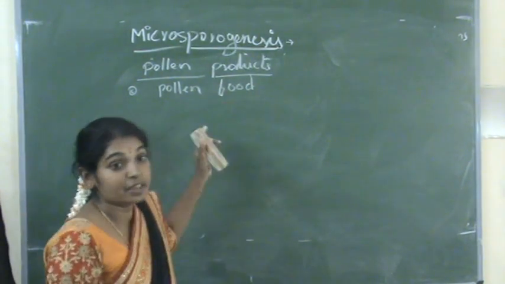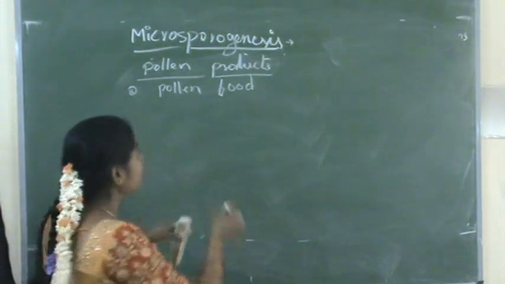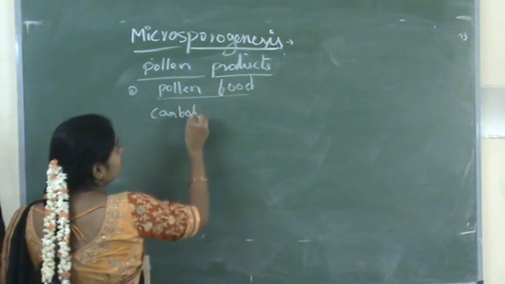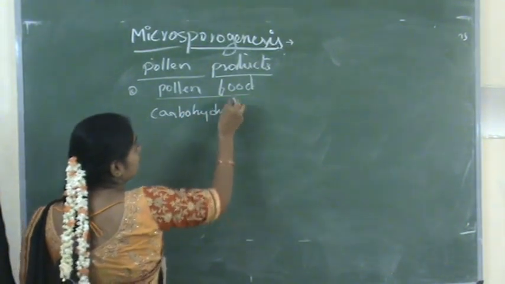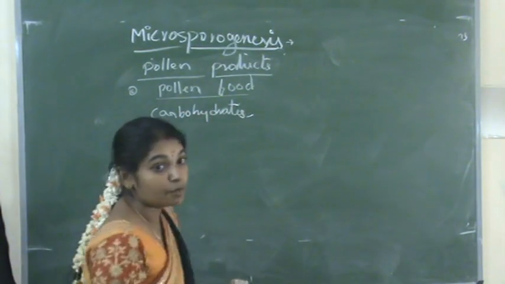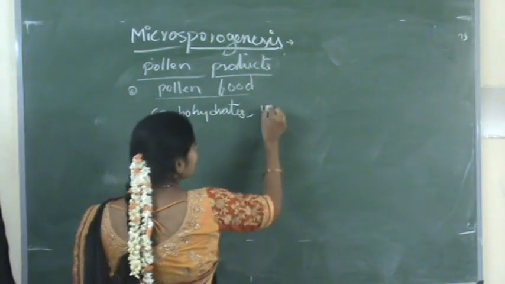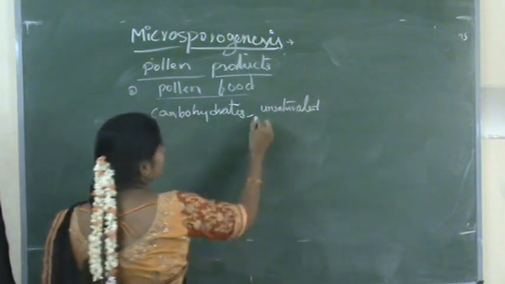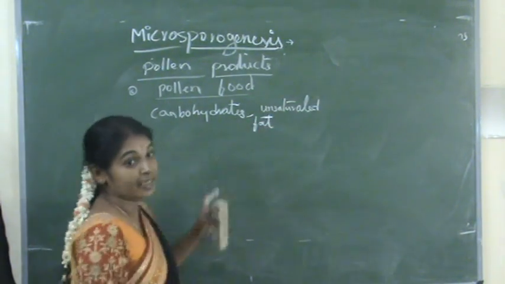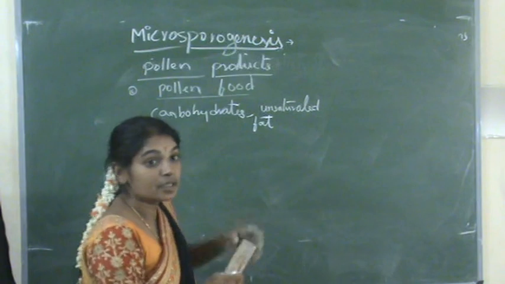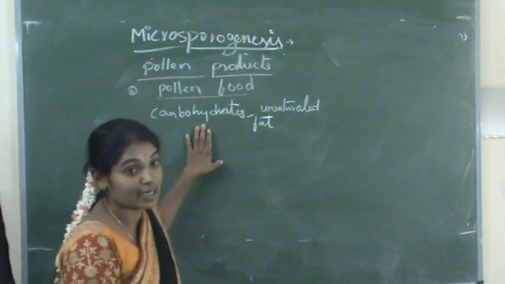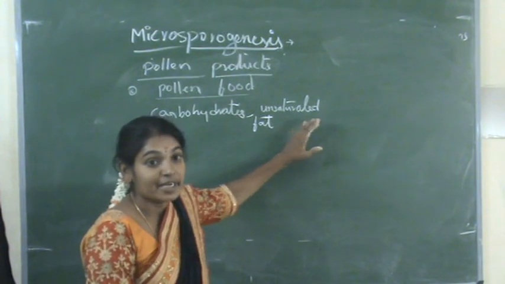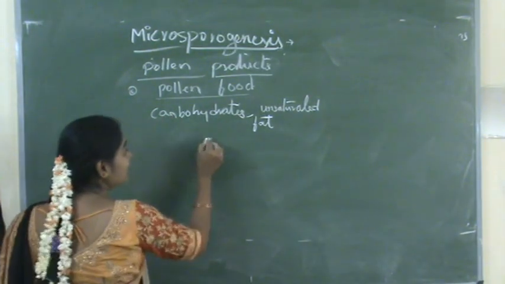Generally the pollen grains consist of carbohydrates and unsaturated fat. As it contains a large number of carbohydrates and unsaturated fats, it is mostly used by the athletes for quick energy,